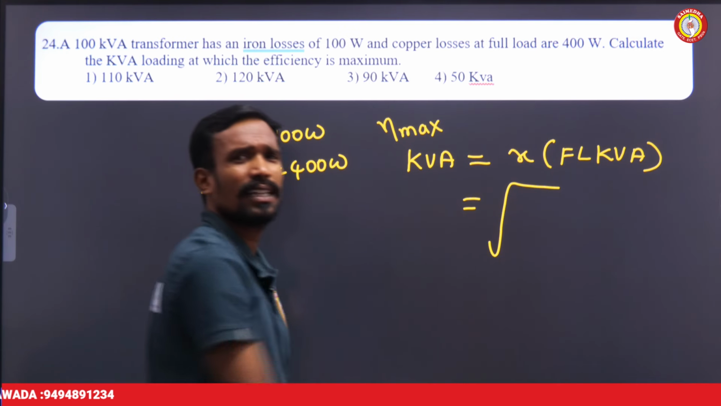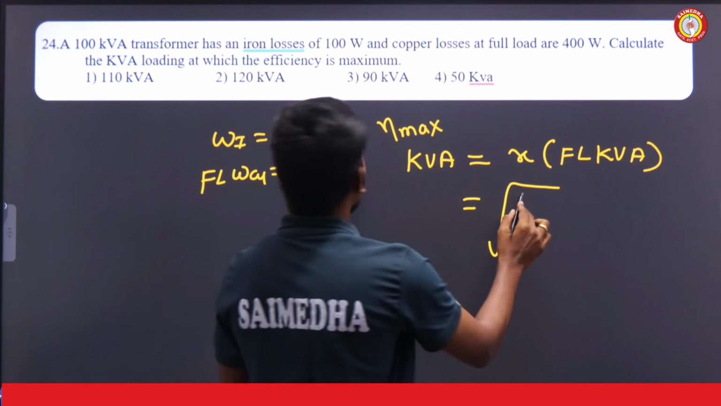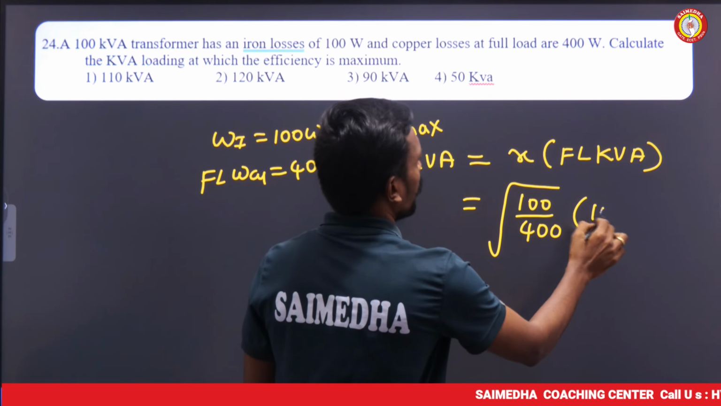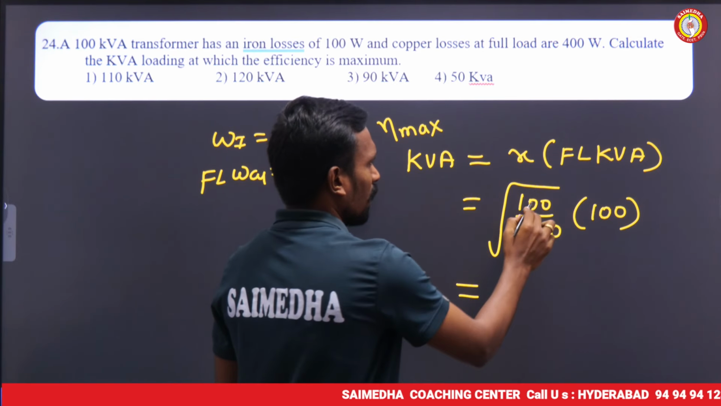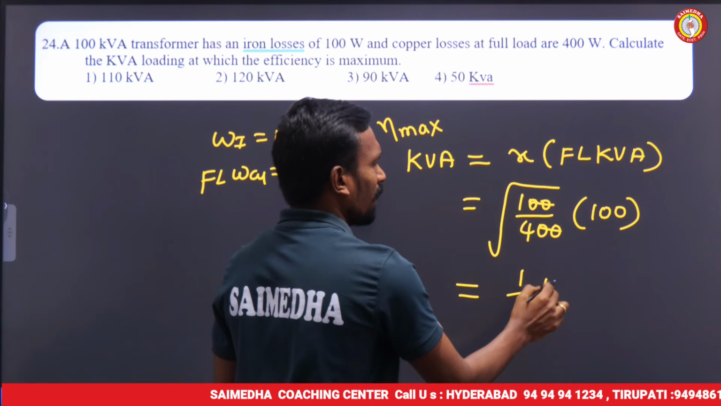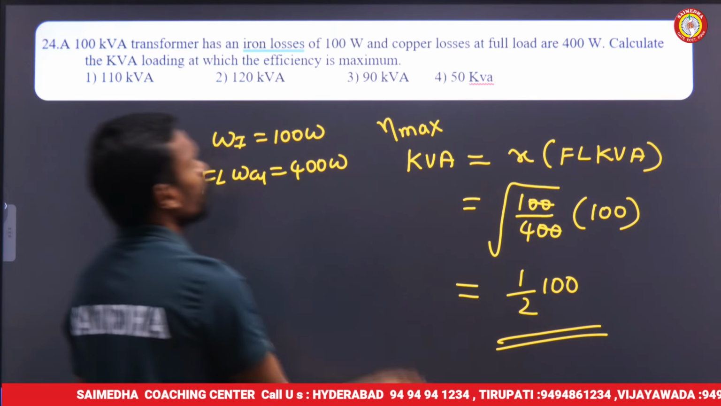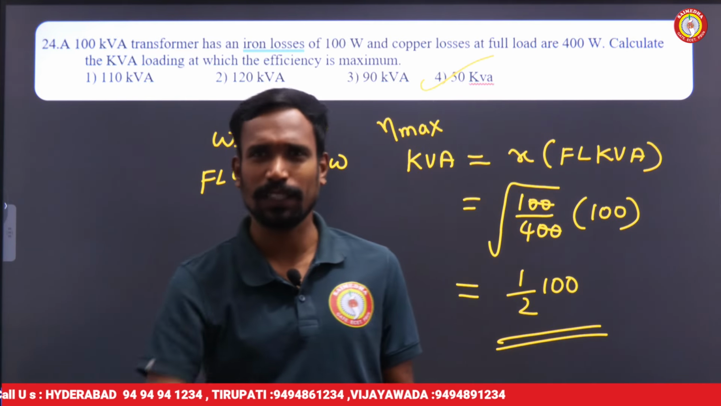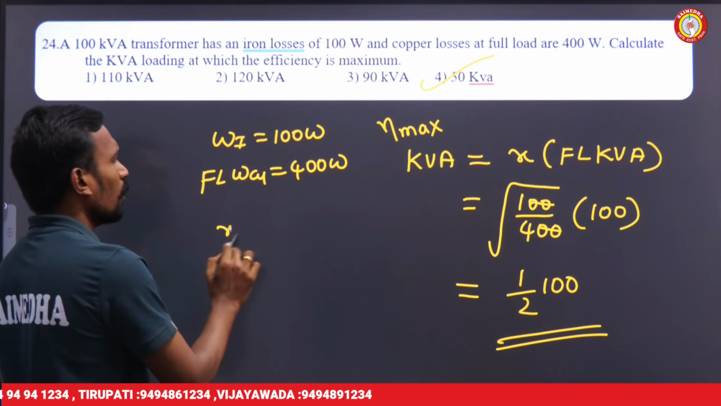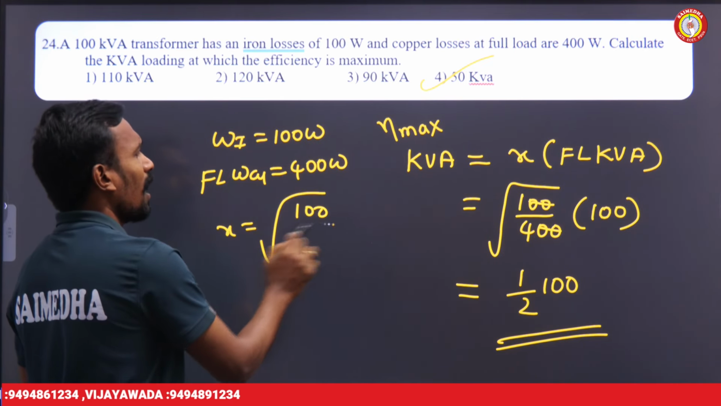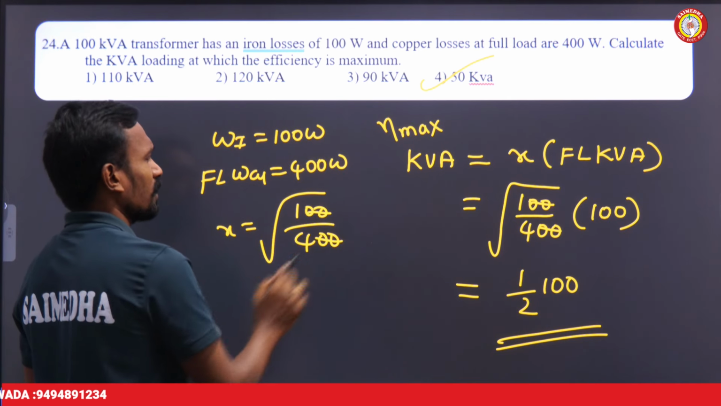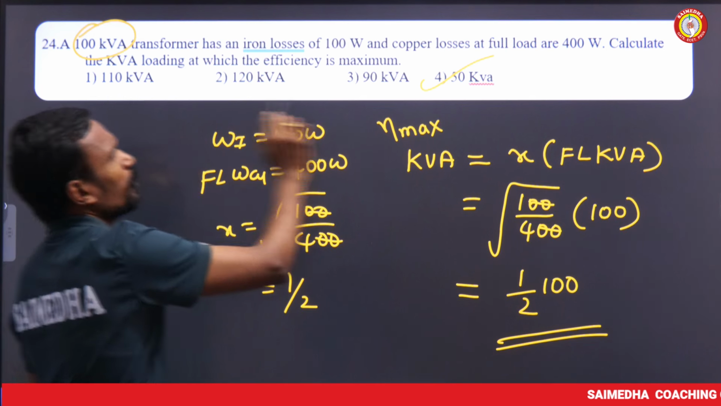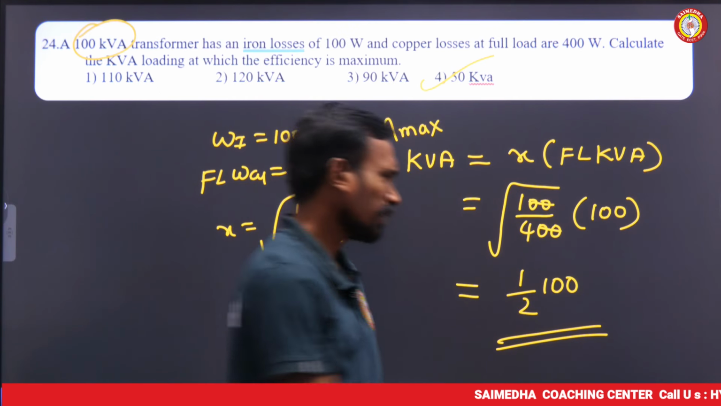What is X? Square root of iron losses by full load copper losses, into full load kVA. This is 1 by 2 of 100, which is nothing but 50 kVA. At 50 kVA, we will get the maximum efficiency. Simply, at what load can we get the maximum efficiency? At half load: full load kVA 100, half load kVA 50. That's it. Next,